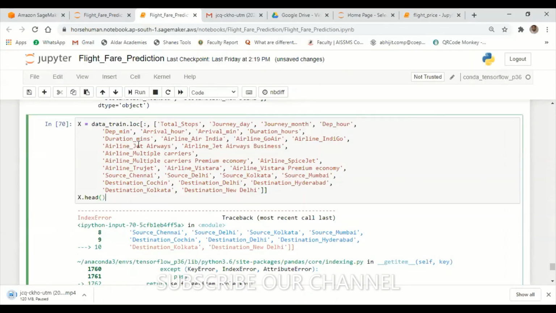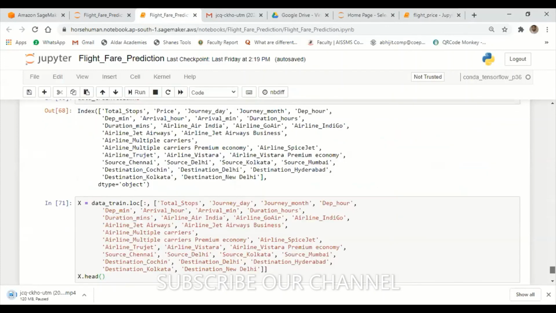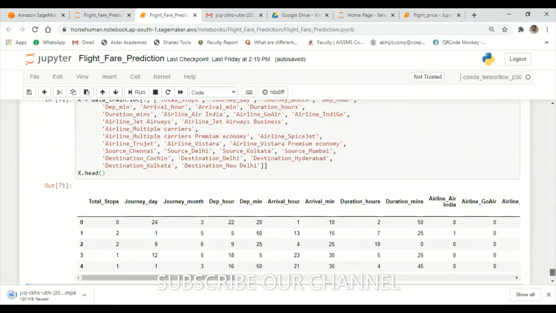Run it with shift and enter. Not executed. Can you see this, participants? Except price, I have taken everything as an X variable, that means the independent variables.